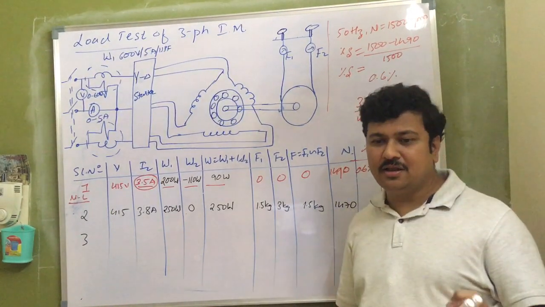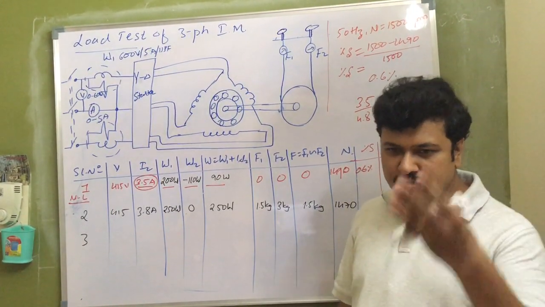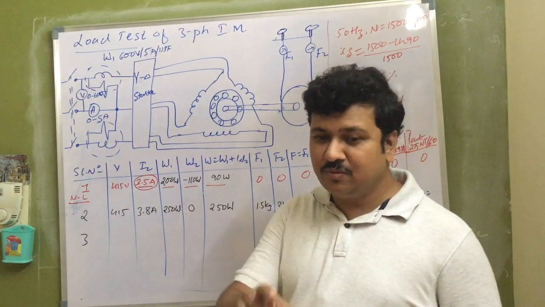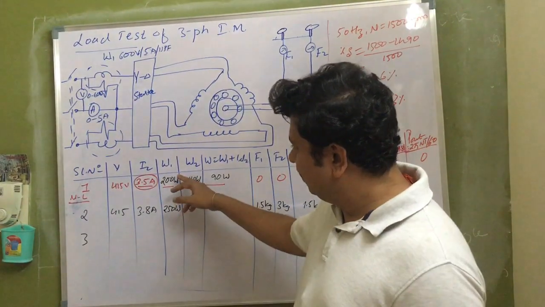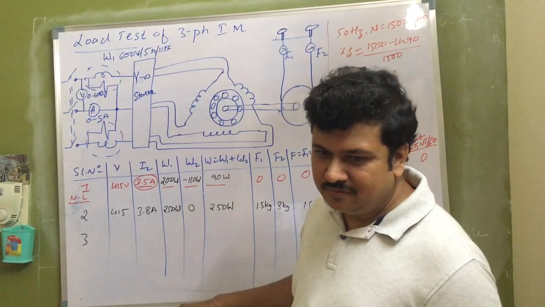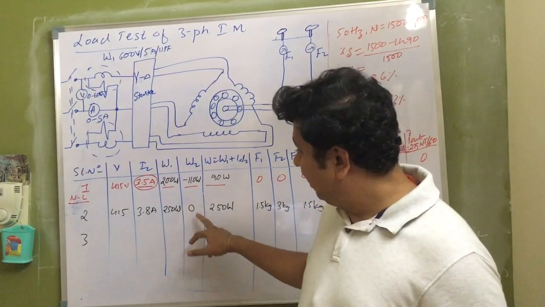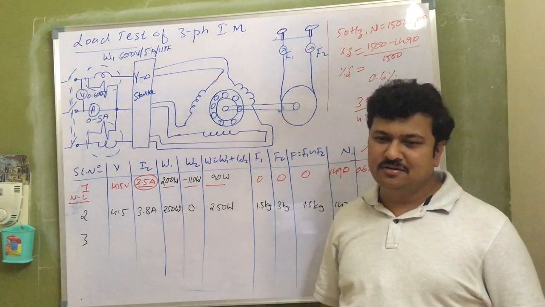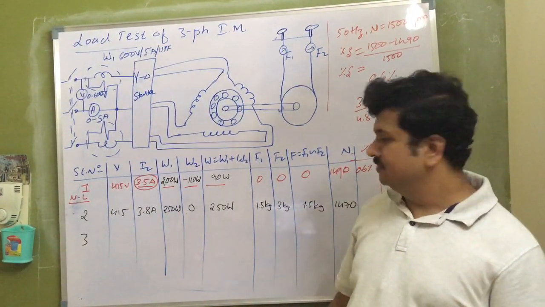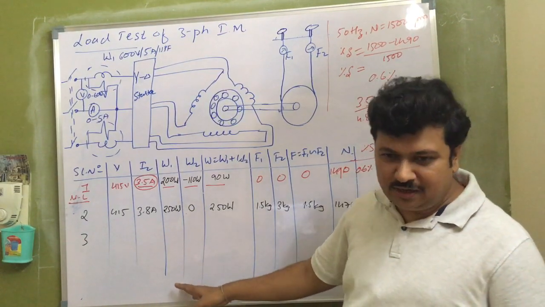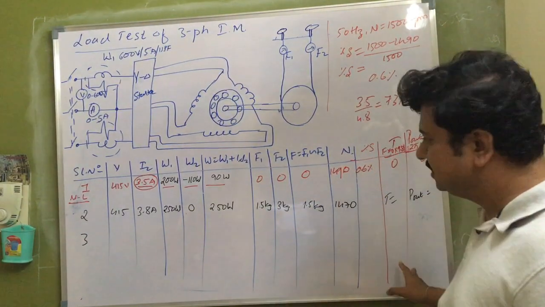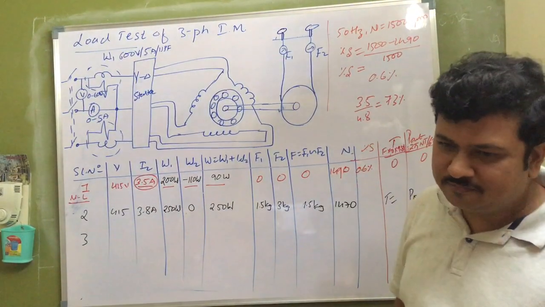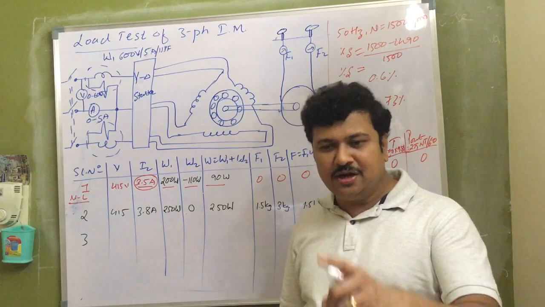At that time efficiency was increasing like anything. Sometimes efficiency will go on increasing, because what happened, at no load both were positive, it reached 0 midway. After that it started showing negative, then you reversed it and you took it as negative. So all these values came very less. My P out was increasing, P in was decreasing, and you got efficiency of around 200-300%. This is what I told.